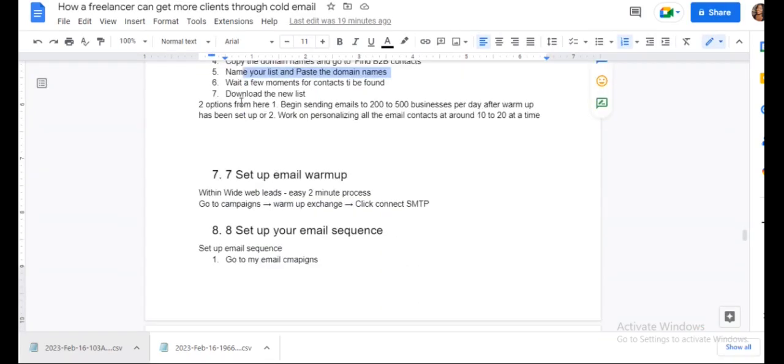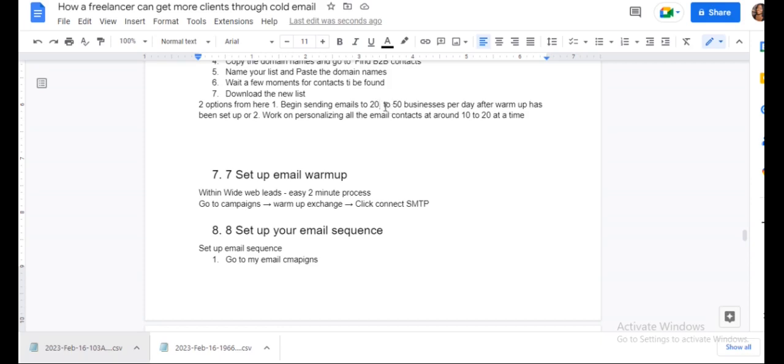And from here, our options are to begin sending out emails. I'd say about 20 to 50 per day in bulk. You can also do 200 to 500, but if you are personalizing it, you may want to just do about 20 per day or 50.